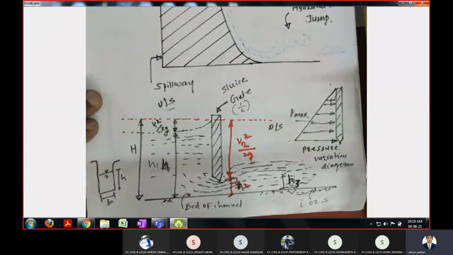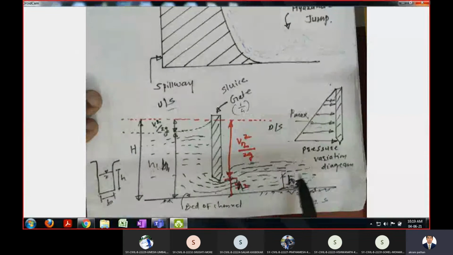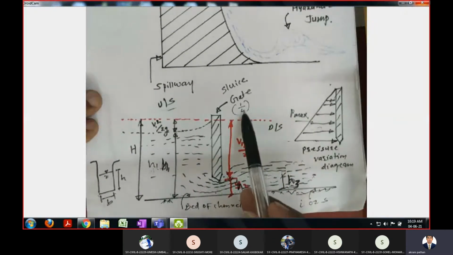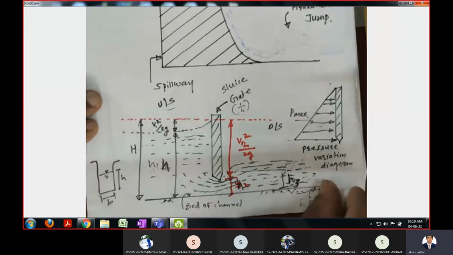Now we will move to the procedure and the practical setup. Look at this practical setup. For example, we have a rectangular channel, then there is an arrangement to release the water. So we have to open or close the gate and release the water for irrigation. For the first reading we have to open 1/4 gate and record H1, H2 and H3. So 3 depths we require. Now look at the observation table we have.